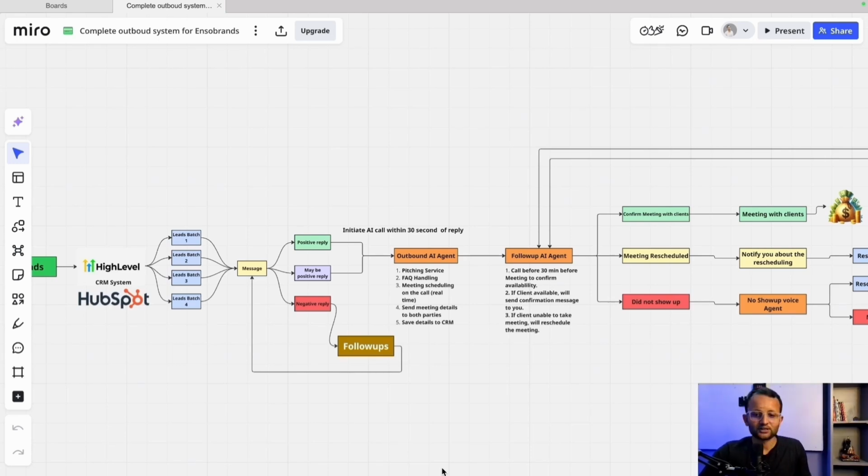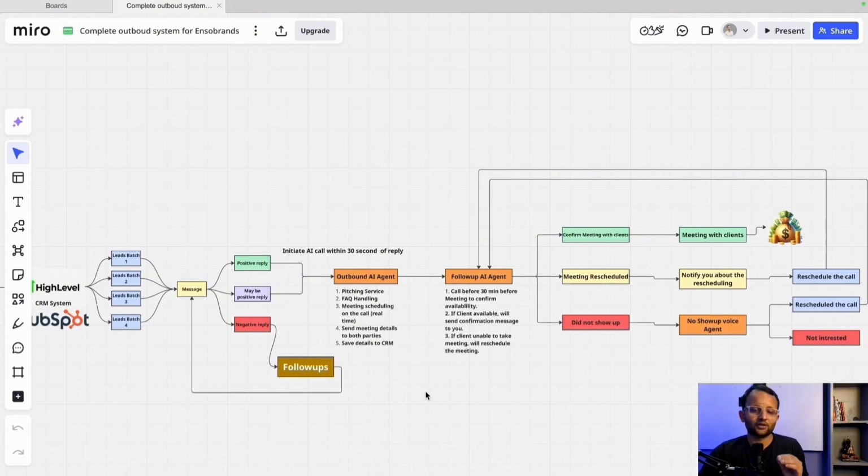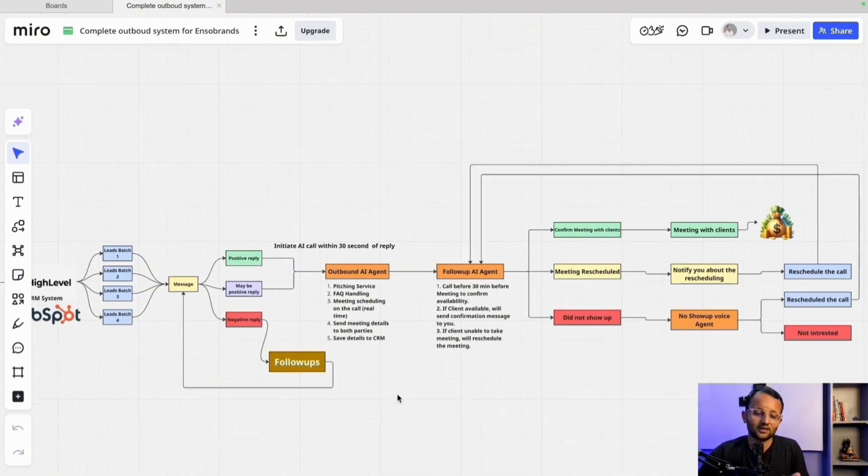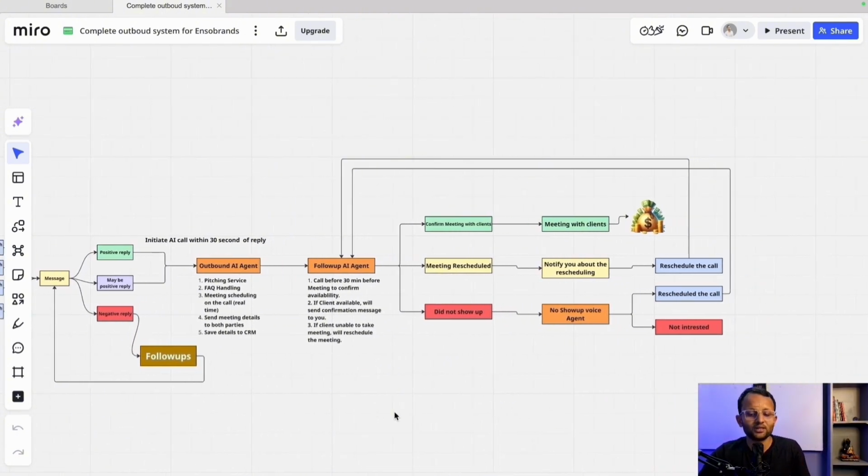So this agent is built in Vapi. You can build a voice agent in Vapi, Retell or Bland. Generally I use Vapi because Vapi has more functionality in building voice agents, and they provide a very large number of APIs. So here this voice agent directly calls them, and this voice agent is trained on a sales pitch. So it creates curiosity in the client about the product and services we have, and it emphasizes scheduling a meeting with us directly.